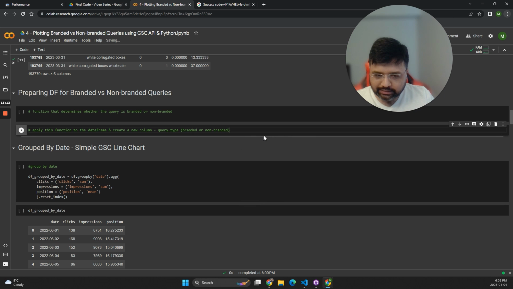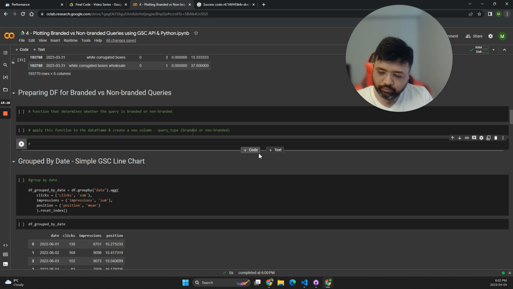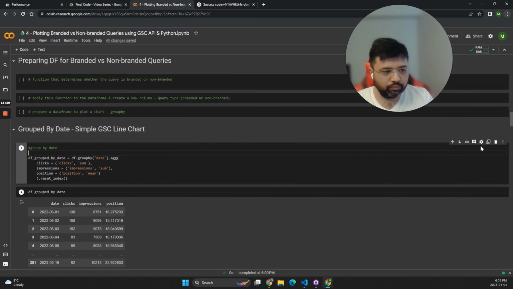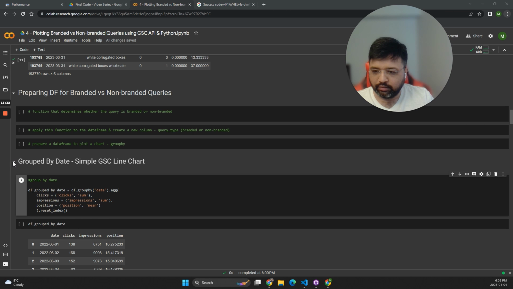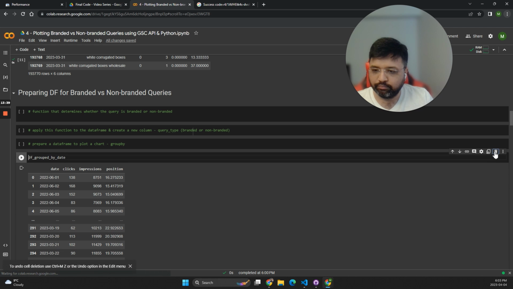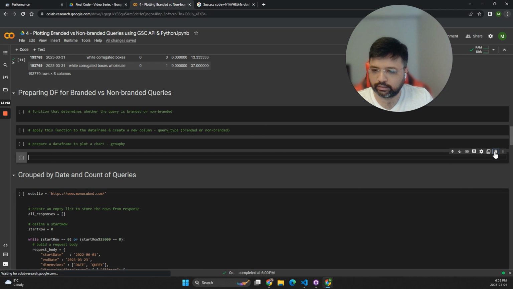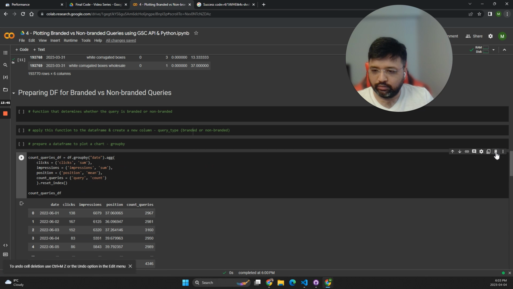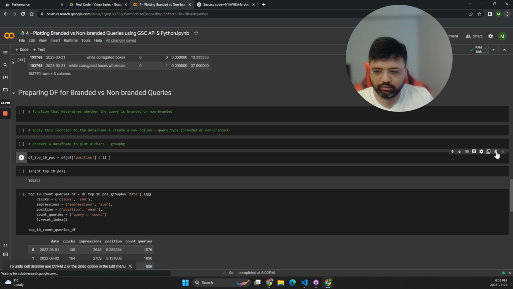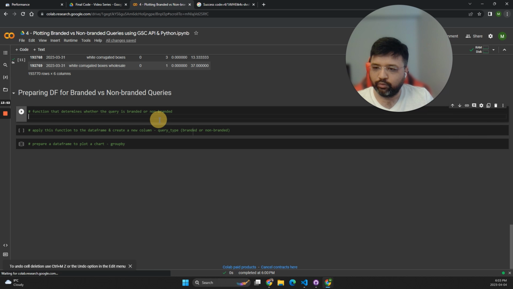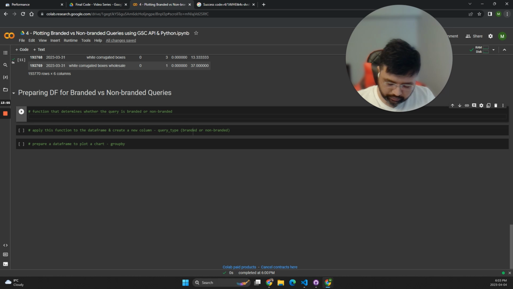And as soon as this happens, we are going to prepare a data frame to plot a chart. And this data frame preparation is going to be group by, which we will go into detail really soon. But for now, I don't think we need any of this code that we prepared before. So I'm just going to remove all of that. Okay, cool. So the function that we need, and I think this is the first time that we are doing